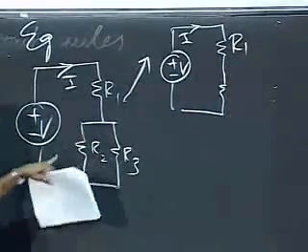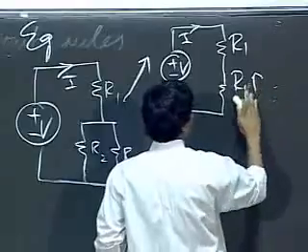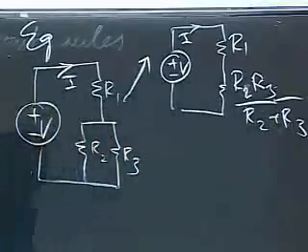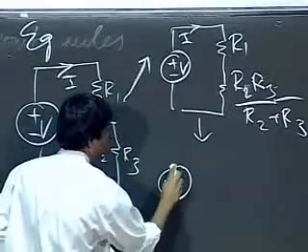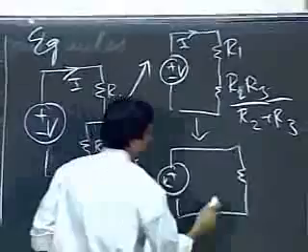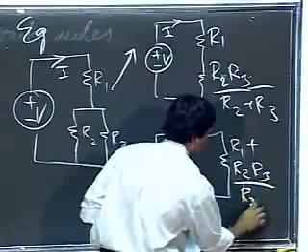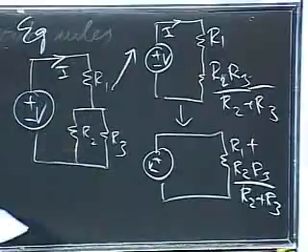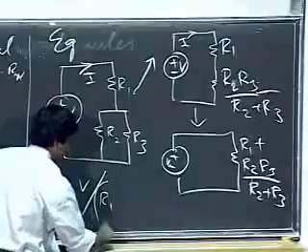R1, and I take the sum of the 2 conductances, okay, and that comes out to be R1, R2 R3 over R2 plus R3, and then I can further simplify it, and I get a single resistance whose value is given by R1 plus R2 R3 over R2 plus R3. Okay, I'm just simplifying the circuit. Now, from this circuit, I can get the answer that I need. I is simply the voltage V divided by R1 plus